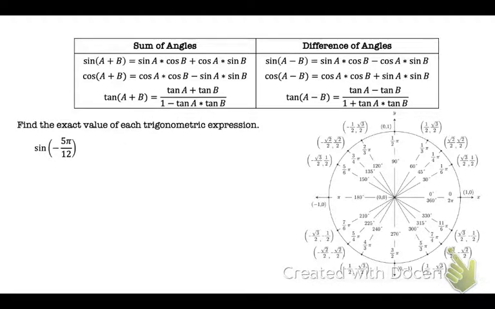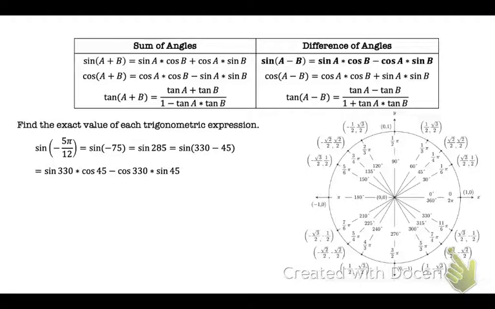Okay, let's do another. So this one, sine of negative 5 pi over 12, convert it to degrees, is negative 75. I also don't want to work with a negative, so I'm just going to add 360 to that. And that's the same as sine of 285. So then I'm going to just do 330 minus 45 for this one. And I'm going to use the sine of A minus B. So that's going to be sine of 330 times cosine of 45 minus cosine of 330 times sine of 45,